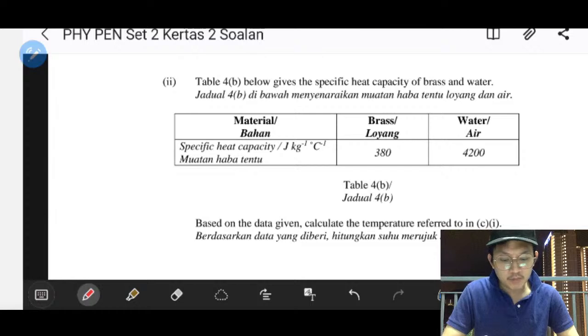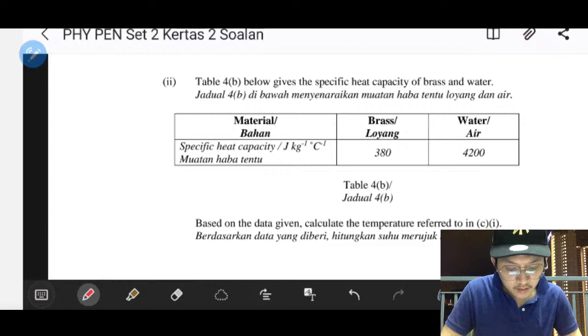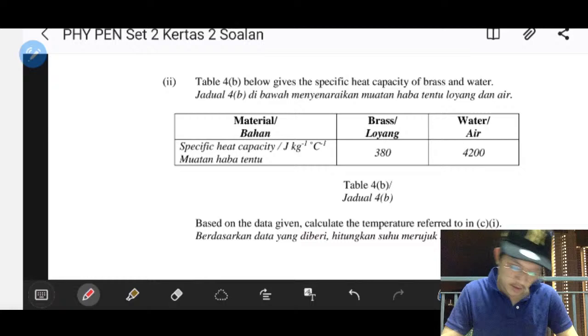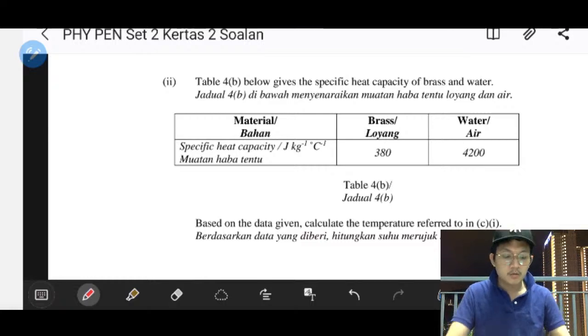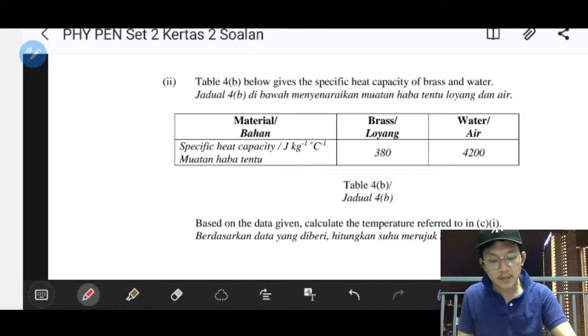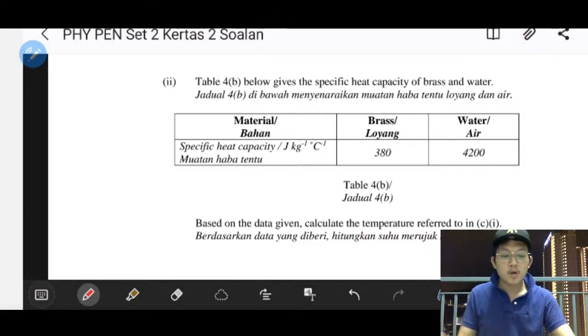State 1 assumption made in C. Okay. What? Oh, C1. Okay, C1. Suhu apa yang berada di C1? Okay. So we know over here, transfer, we have to separate into two parts. Okay, so first one is daripada loyang di bahagian loyang. Second ialah di bahagian air. Right? Loyang sana